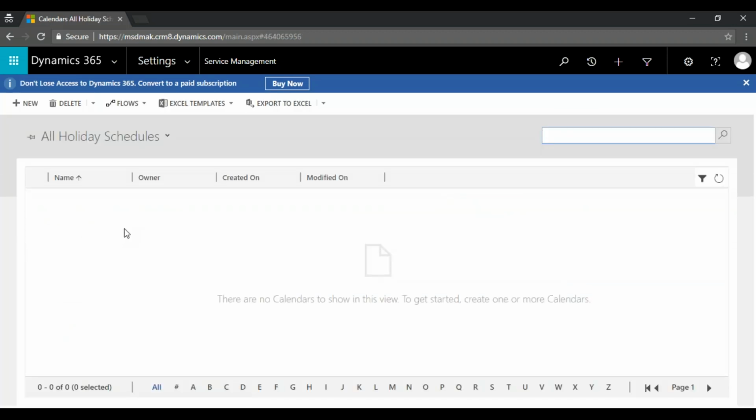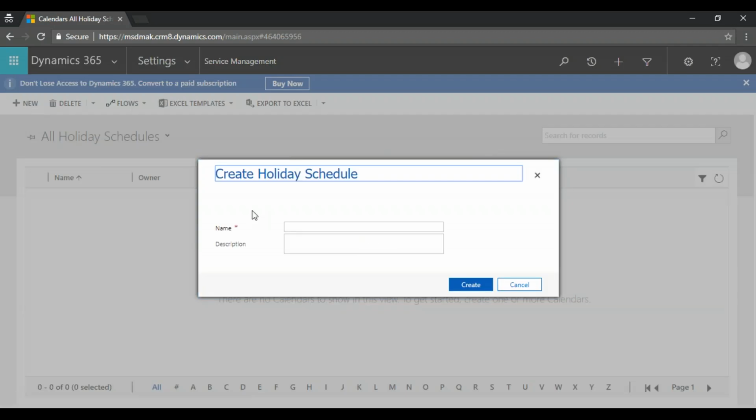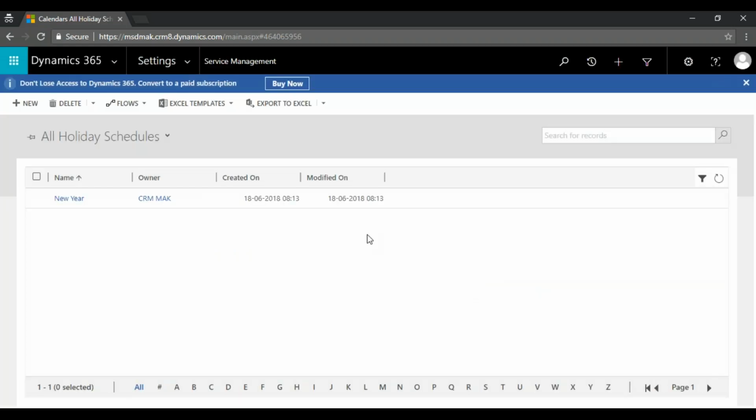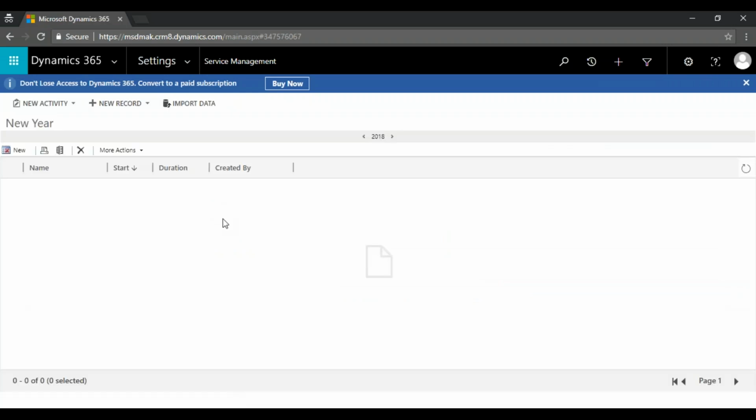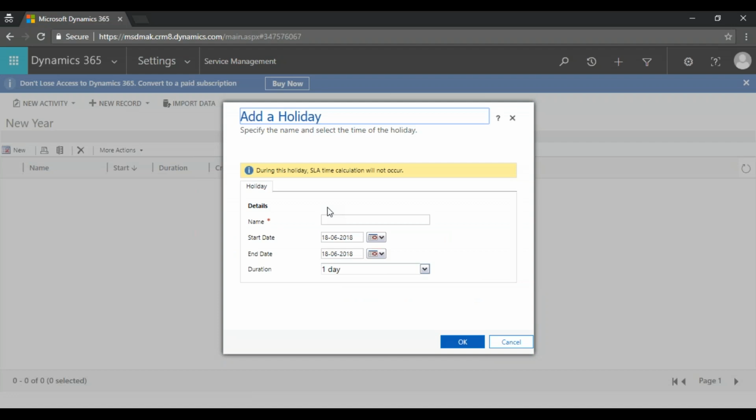We are going to define the holidays in the system. Let's say New Year or any national holiday, on that day the support team is not available, and we are going to configure that here. I'm going to say here, New Year.